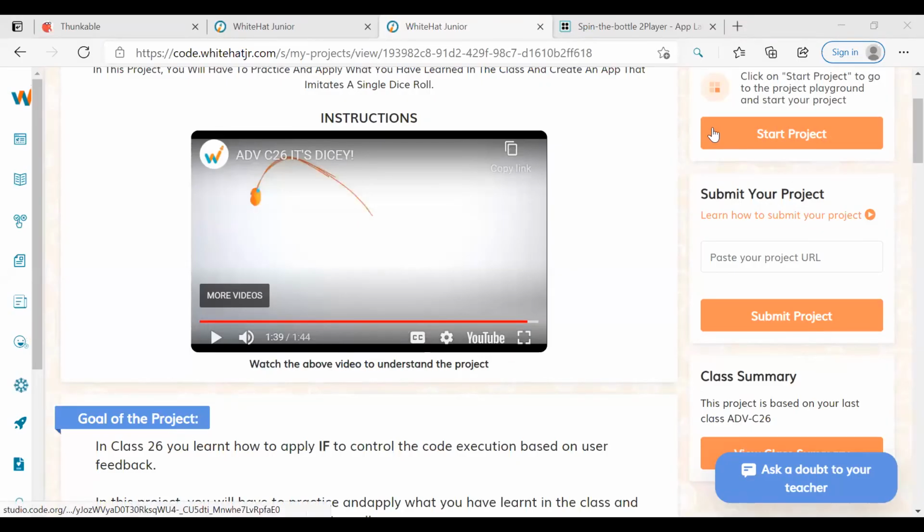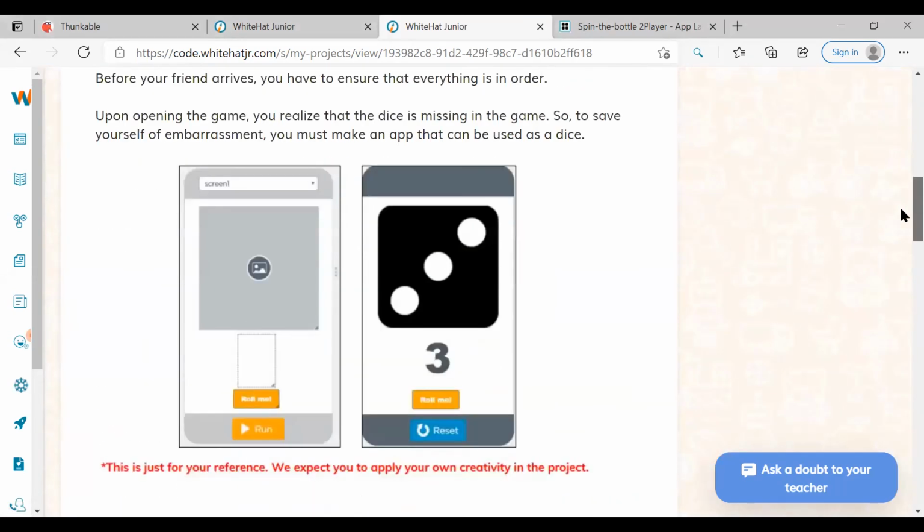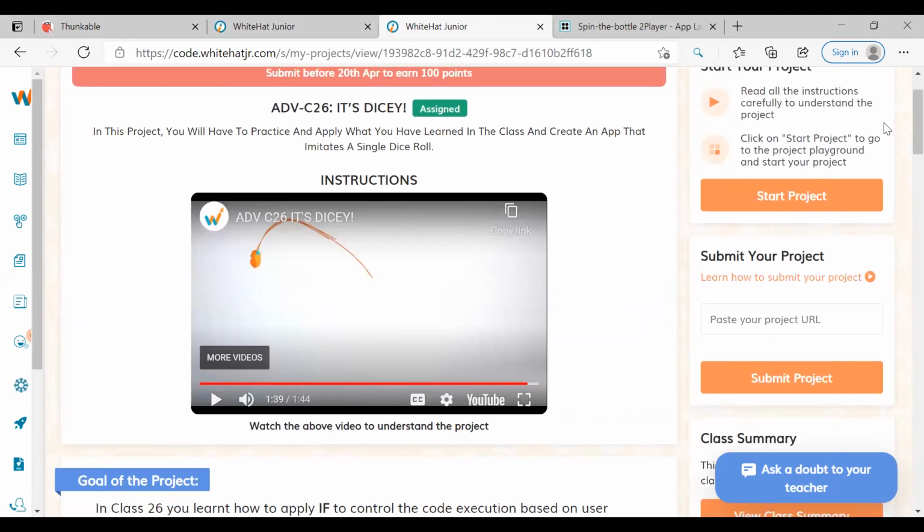Well, now one thing I have to tell you: regarding the dice image, you have to gather it by yourself. You have to get it yourself from the internet, or you can take any other ways to get the dice images. But you know that a dice has 6 sides and how many numbers are written on which side. So I have planned to take screenshots of this video. I'll play it and take screenshots, crop them and then paste them.